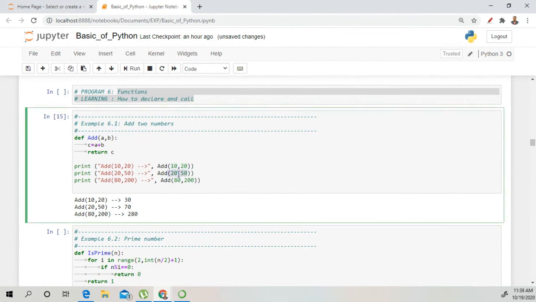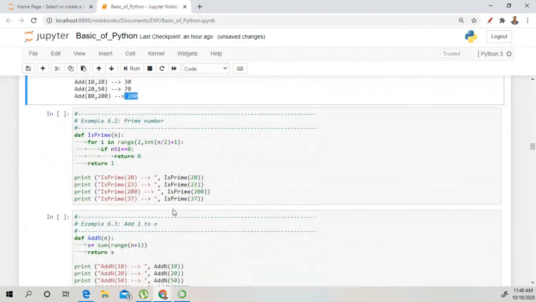We passed 50 and 20, it showed the addition as 70, and lastly we passed the values 200 and 80, and it shows the output 280. Okay, can we move further? Any doubt till now? Any point you have not understood? Then we can explain those.